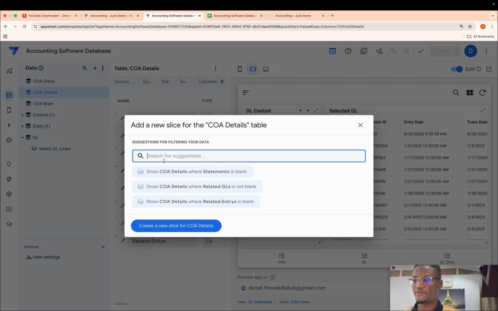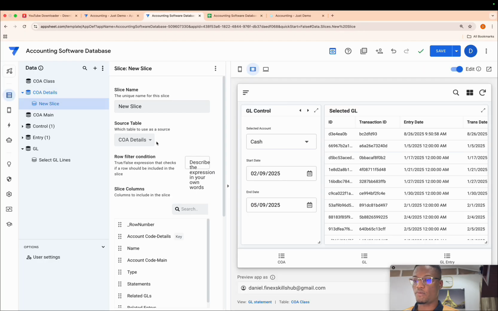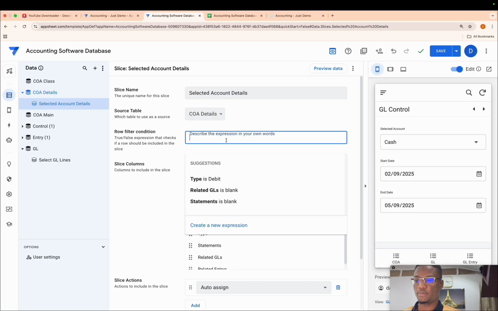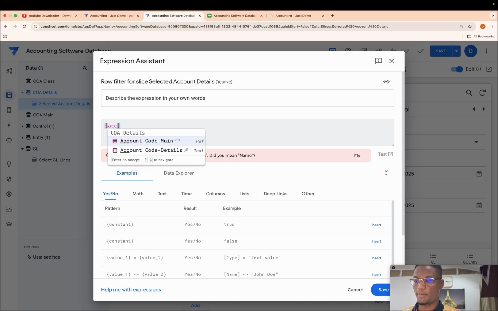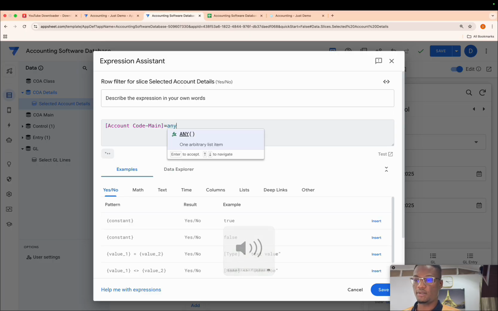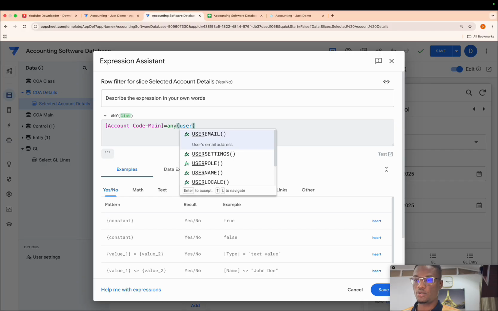Okay, we're going to create a slice for this as well. Create new slice. Okay, we're going to call this selected account details. Okay, good. Now let me close this up and then let me bring in my expression. So the expression we're going to be using is we just want to filter the account details where the main accounts equal to what has been selected by the user. So account code main is equal to, again, any, right? User,